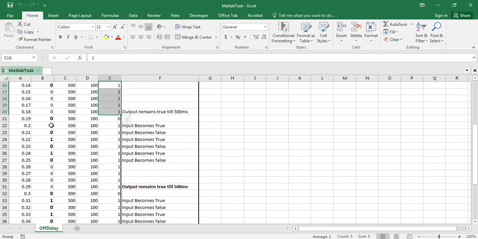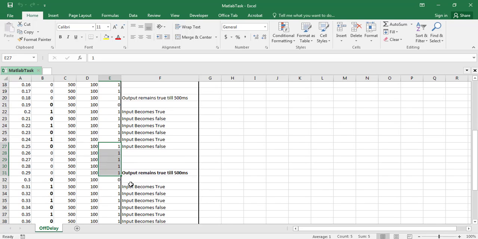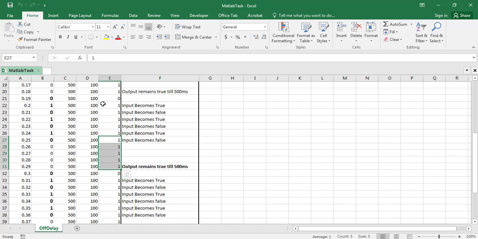Here, if you check, this is another use case: off, on, off, on, off, on. From this time instance, it will count 500 milliseconds. Once it becomes on, it will remain on. When it becomes inactive, it starts the counter; when it becomes on again, it resets and output is 1 again. If it is 0, it starts the counter again; if it is 1, it resets and output remains 1. Then when it is inactive, it starts the counter. After that there is no true, so it will count and become inactive after 500 milliseconds.